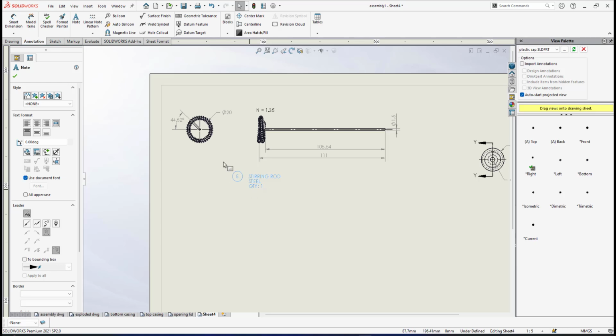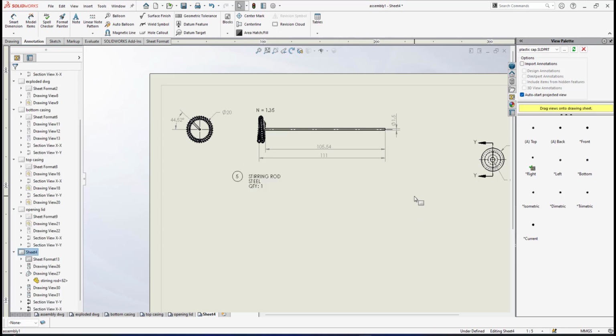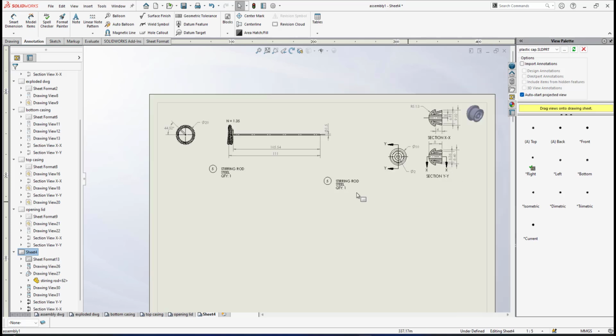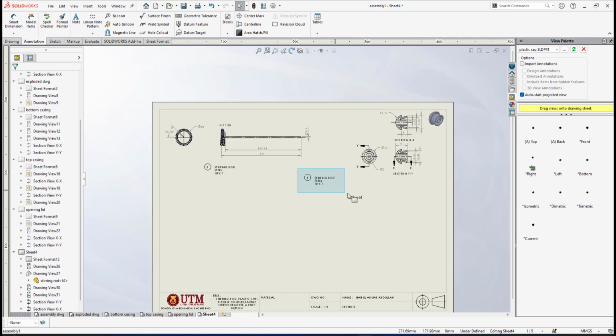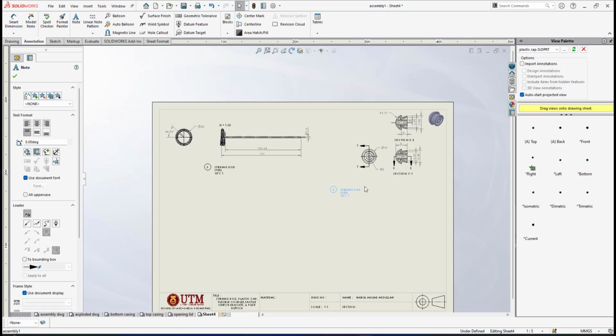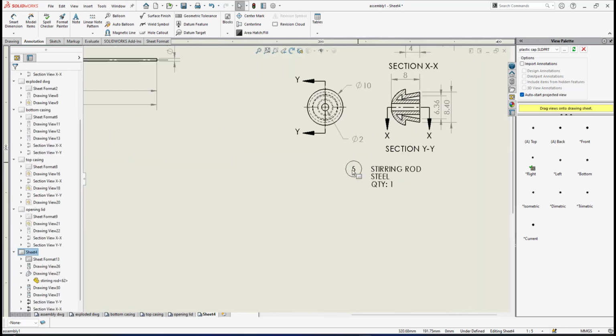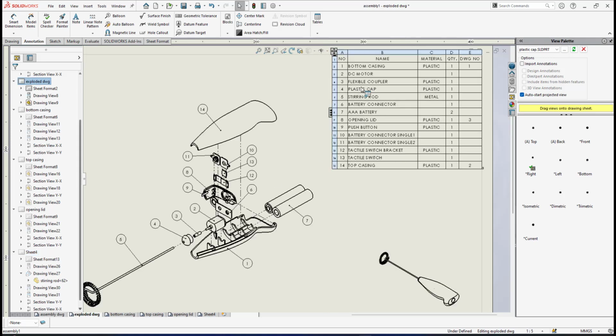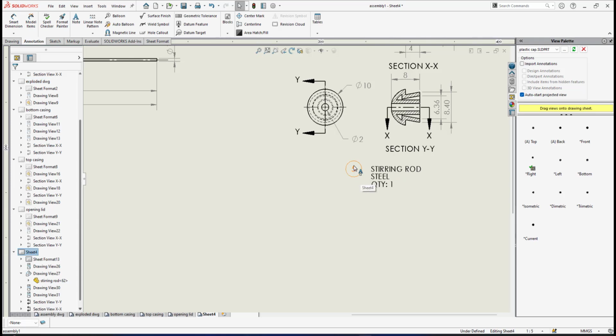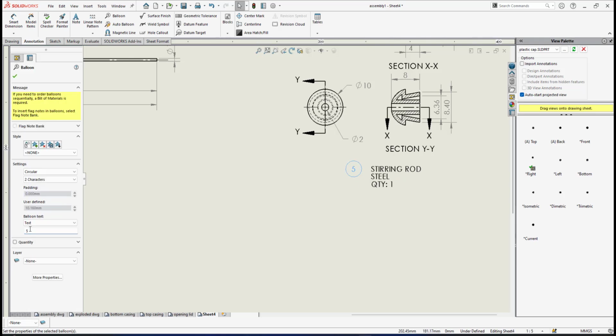Let me select this first. I select this and press Control C to copy and Control V to paste it, and this one I can just bring here. All right. About the number of this plastic cap, if I look at the BOM, the plastic cap is component number 4. So I click at this balloon, it is 4,